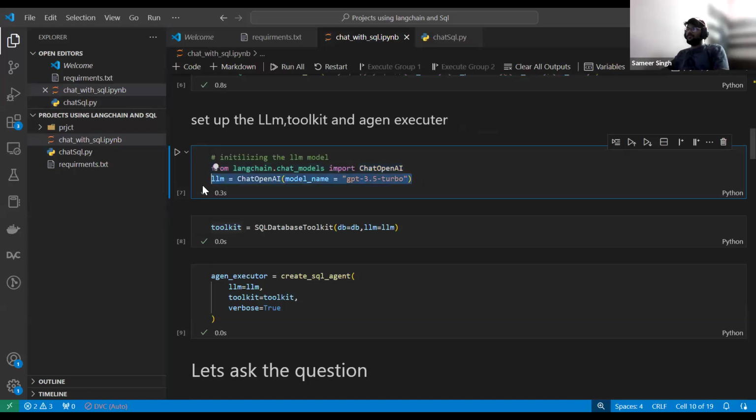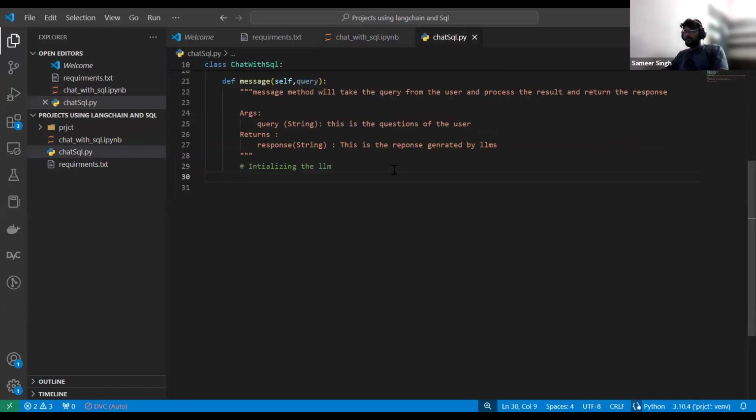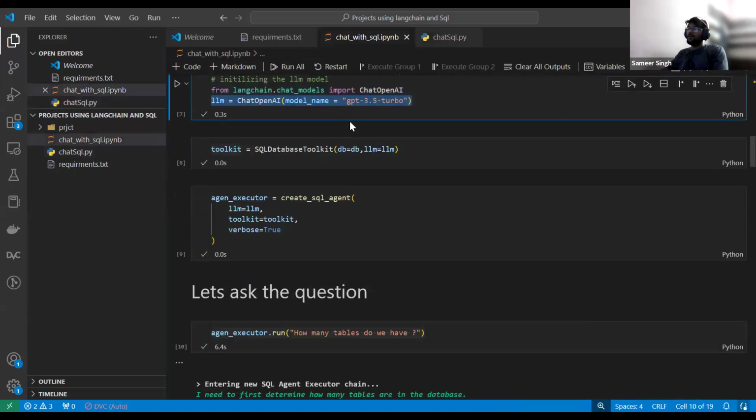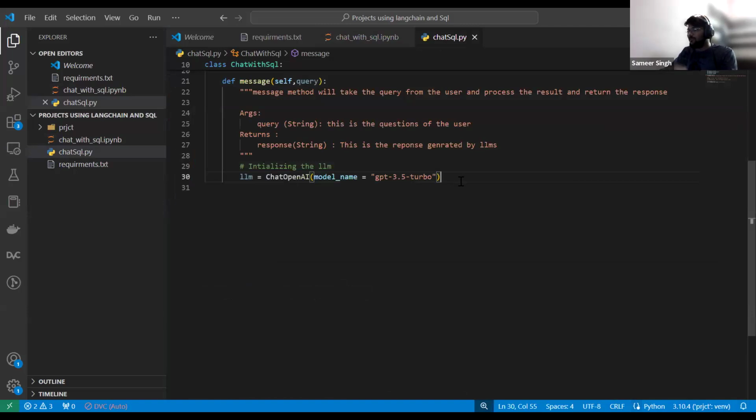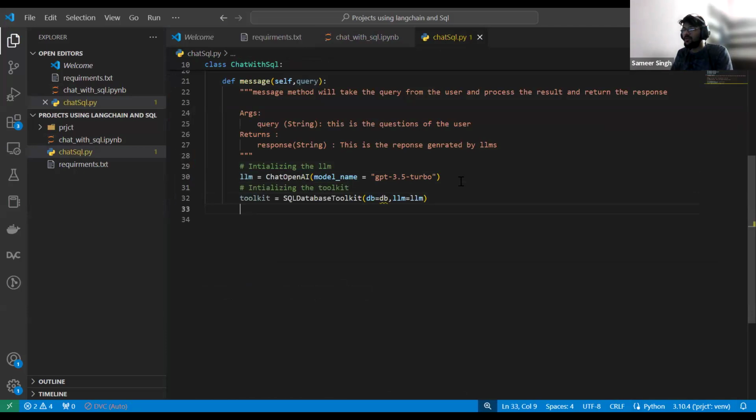This line I will copy from here and paste it here, right? Now initializing the toolkit, you can say.